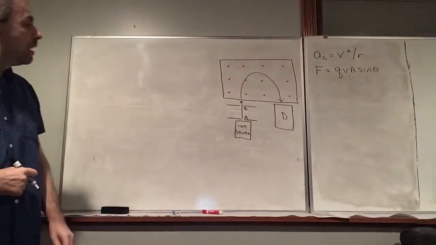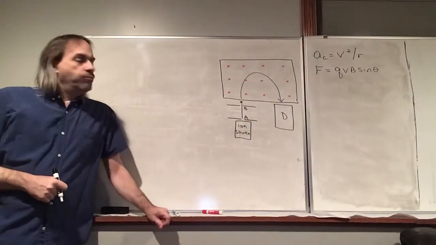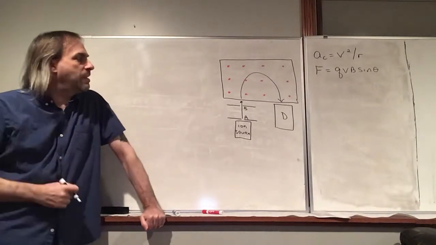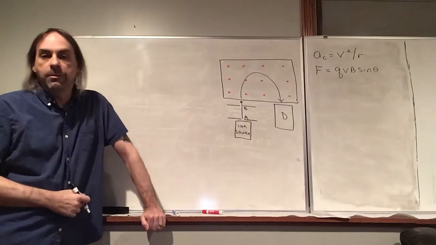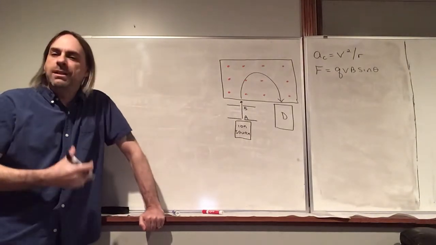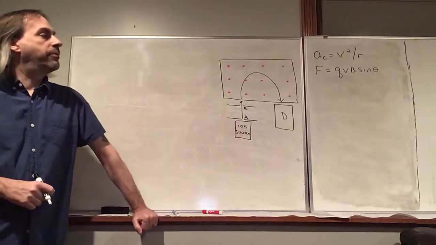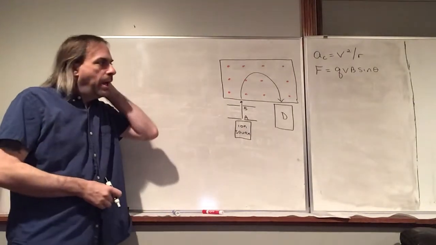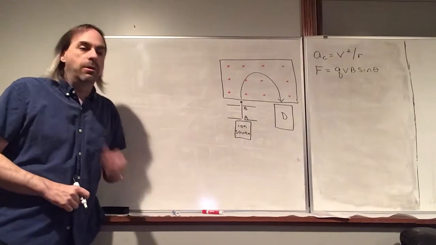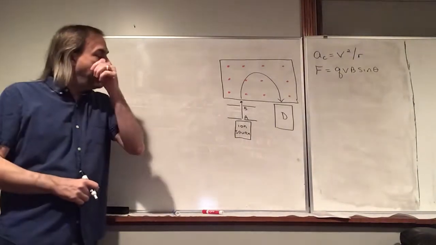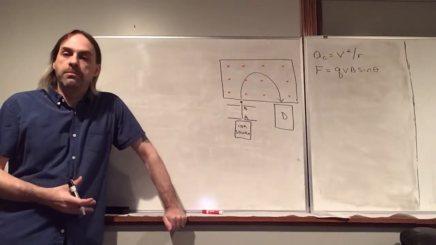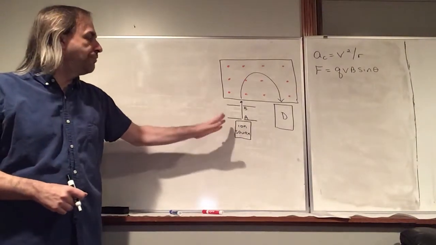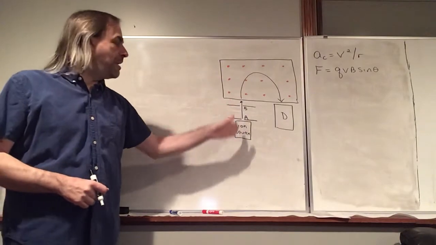Okay, so what I've drawn on the board here is something called a mass spectrometer. Last time we were talking about the fundamentals of how a particle behaves in a magnetic field. And one thing in particular is that magnetic fields do not do work. We'll go into the details in a minute, but we've got this beam